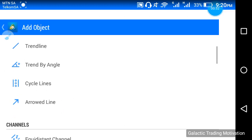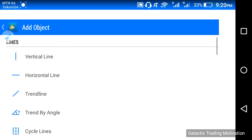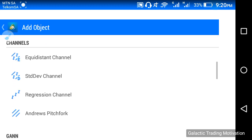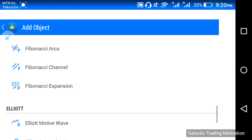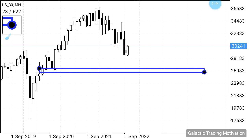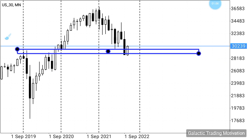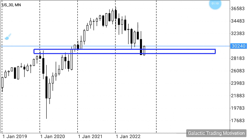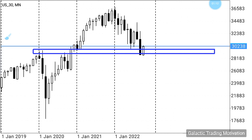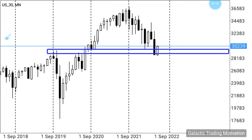So just bear with me guys while I do so. Let's see. Let's have a look. And there goes our neckline of that W structure, which is also a very strong level of support, right? I don't see anything further in regards to the monthly chart, so what I will do now is head down